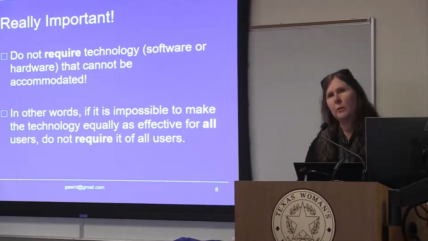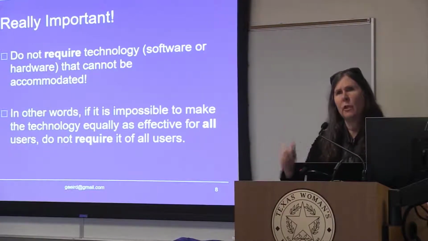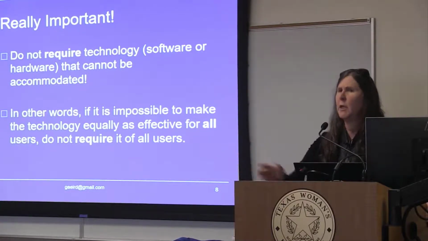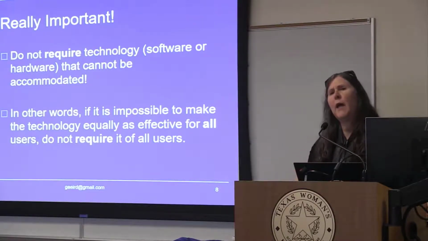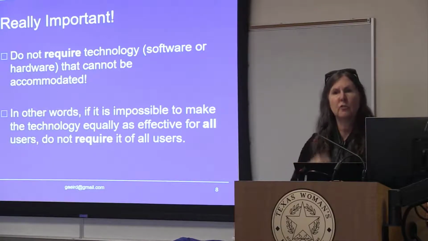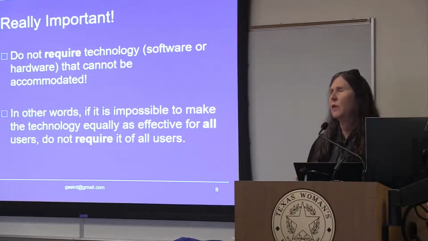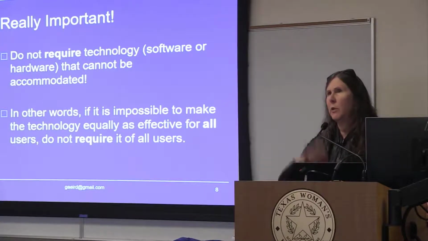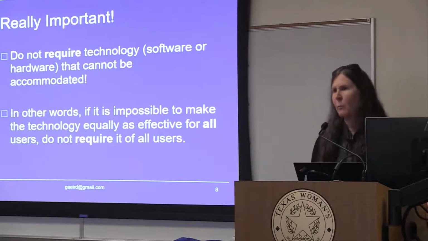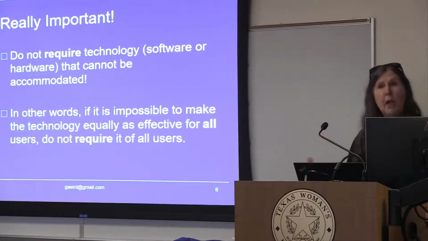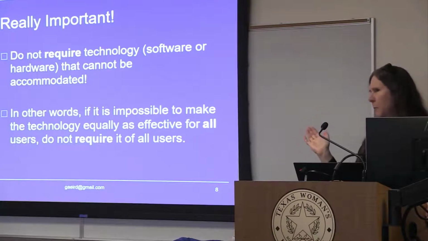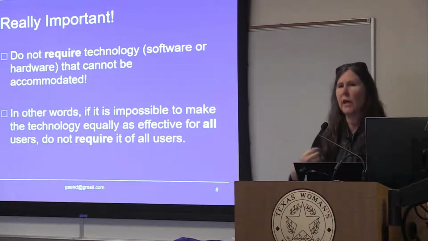One of the things you have to be careful of is thinking as an instructor, oh, I could not do this course if I were blind, deaf, quadriplegic, whatever it might be. We can't really use ourselves as the test case there because we haven't spent the time learning the compensatory strategies. Honestly, for most of us, you would think that somebody who's totally blind would never be able to do anything, because most of us stumble around even when it's dark and there's a little bit of light. You learn how to compensate for those sorts of things. We all have things we compensate for in our own lives. We've learned how to do that. An individual with a disability learns how to do that.